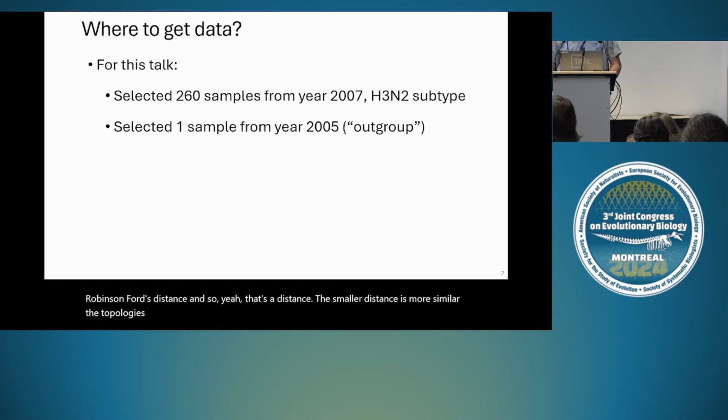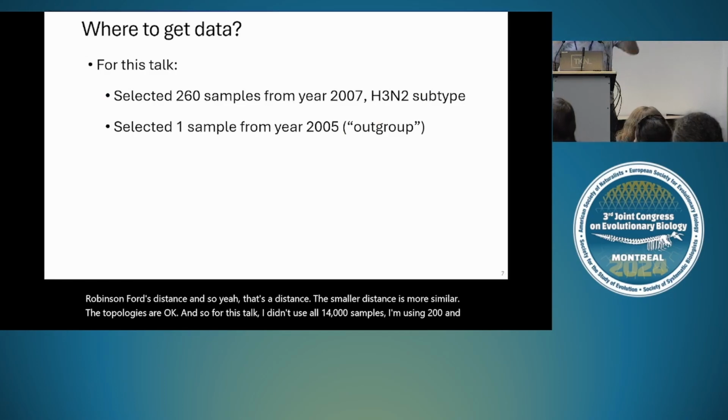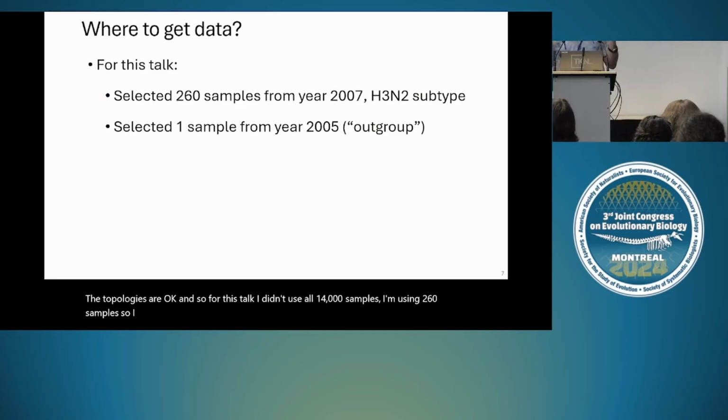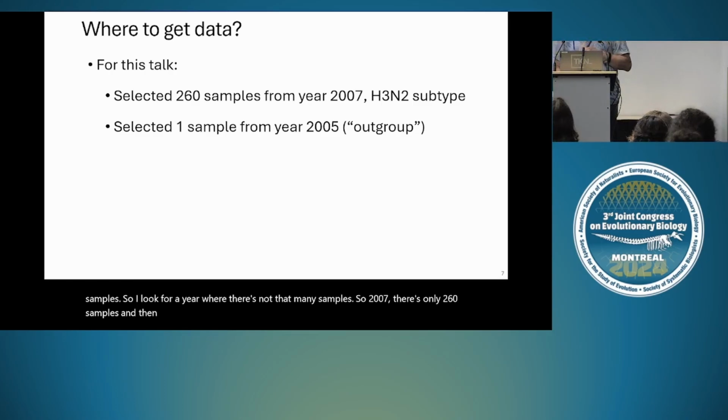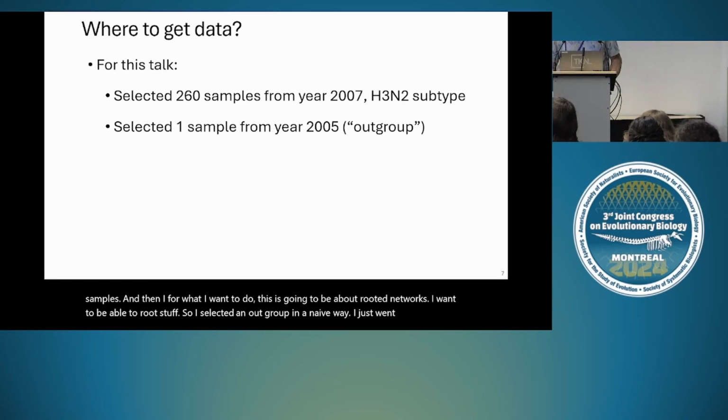Okay, and so for this talk, I didn't use all 14,000 samples. I'm using 260 samples. So I looked for a year where there's not that many samples. So 2007, there's only 260 samples. And then for what I want to do, this is going to be about rooted networks. I want to be able to root stuff. So I selected an outgroup in a naive way. I just went for a different year. So these are all